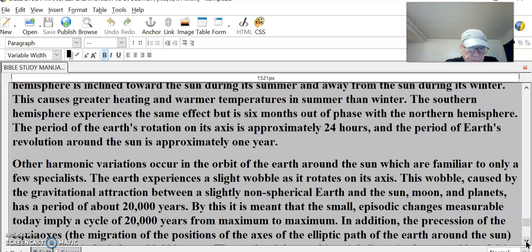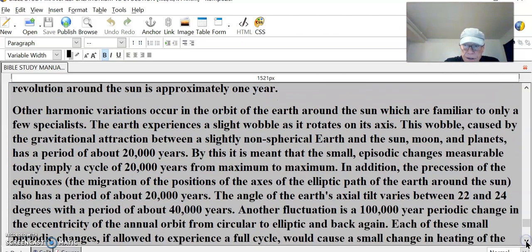By this, it is meant that the small episodic changes measurable today imply a cycle of about 20,000 years from maximum to maximum. In addition, the precession of the equinoxes, the migration of the positions of the axis of the elliptic path of the Earth around the sun, it's not a circle, it's an ellipse, also has a period of about 20,000 years. The angle of the Earth's axial tilt varies between 22 and 24 degrees, with a period of about 40,000 years. Another fluctuation is a 100,000-year periodic change in the eccentricity of the annual orbit from circular to